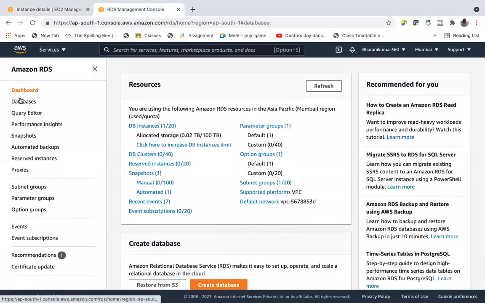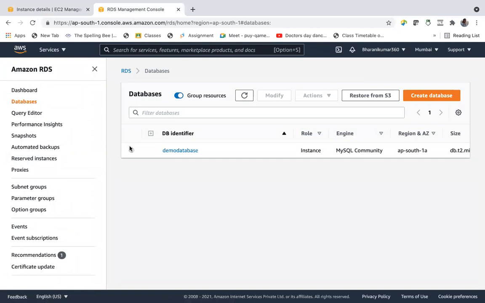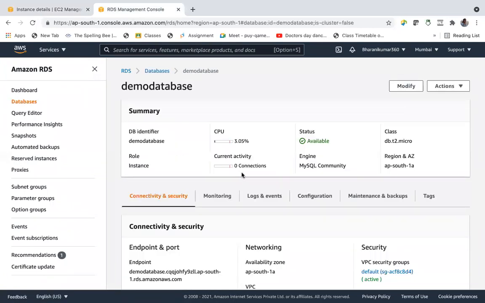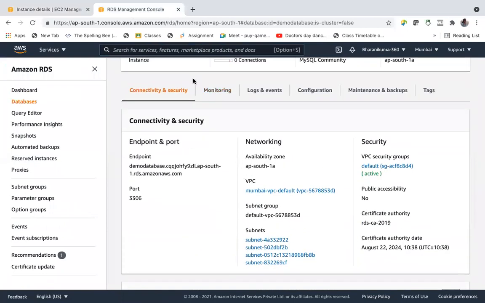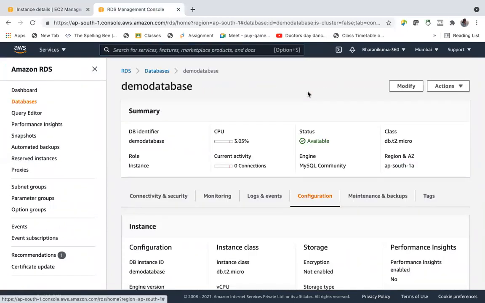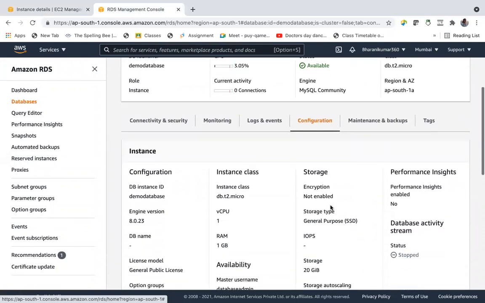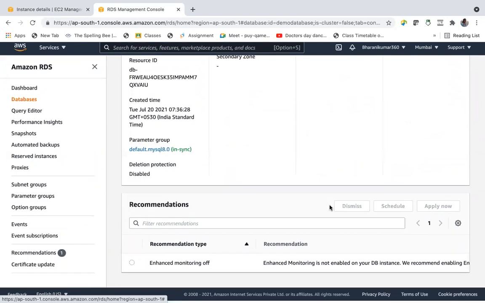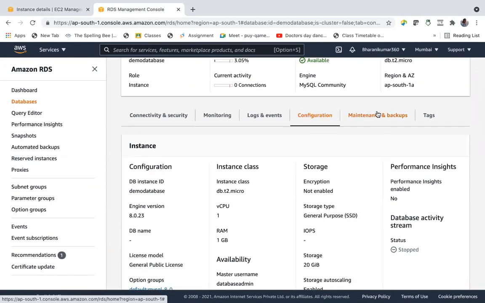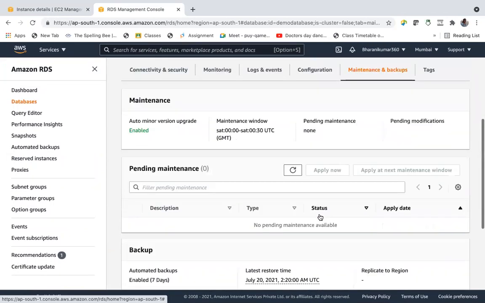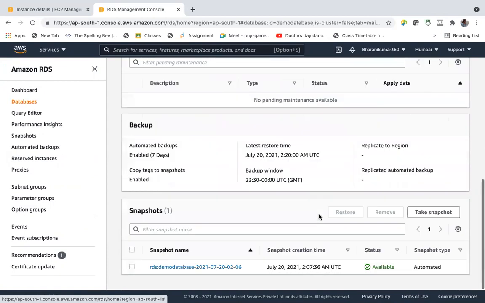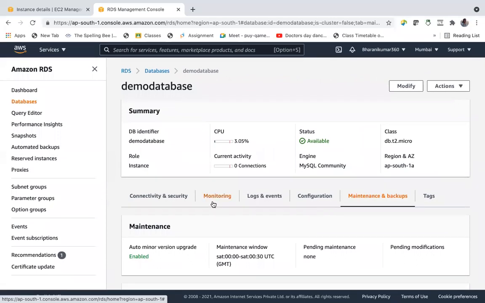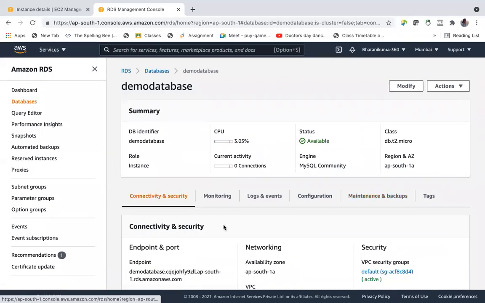And go to database, demo database, configuration, connectivity and security.